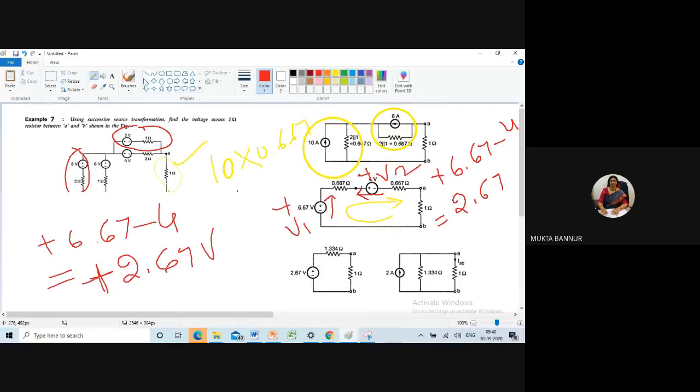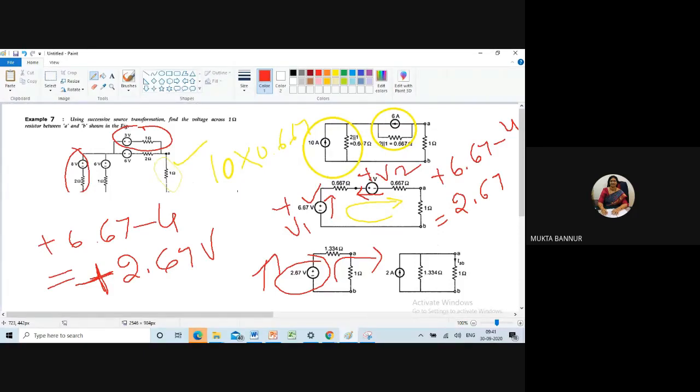Okay, which source is having a clockwise direction? Which source is delivering the current in a clockwise direction? V1, isn't it? So positive sign indicates what? The resultant voltage source is acting in this direction and delivering a current in a clockwise direction. Got the point? Here two voltage sources are connected in series.